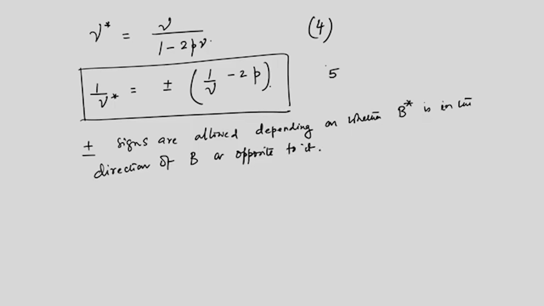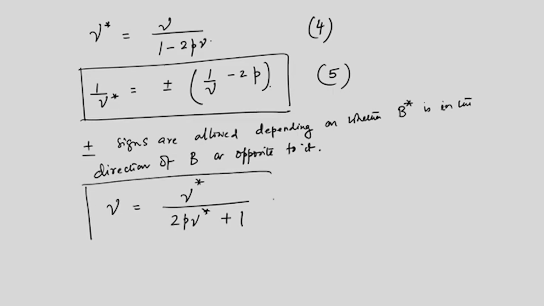So, let us call this 5. Equations 4 and 5 are the same, just written in a different language, and this can again be written in another language in which you can see that if you write nu in terms of nu star, then it becomes equal to nu star over 2p nu star plus 1,